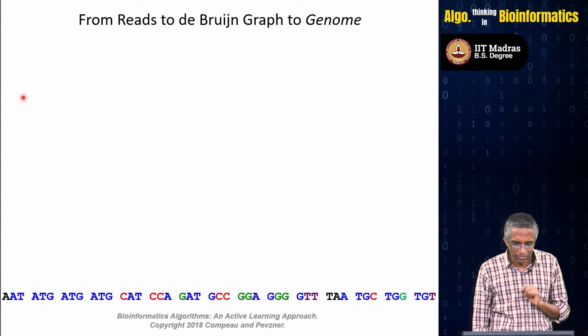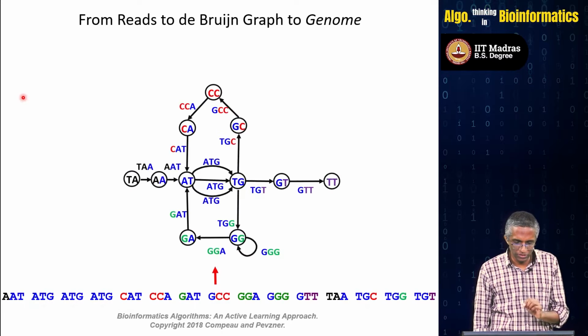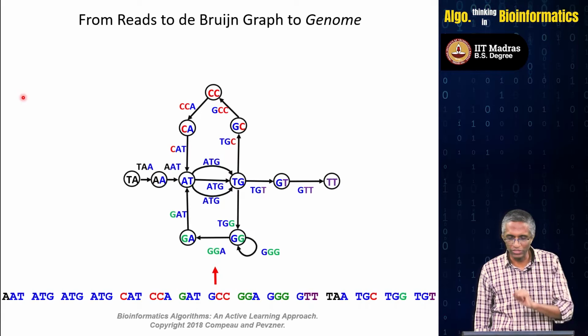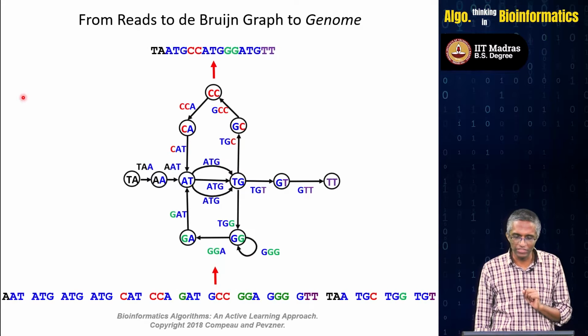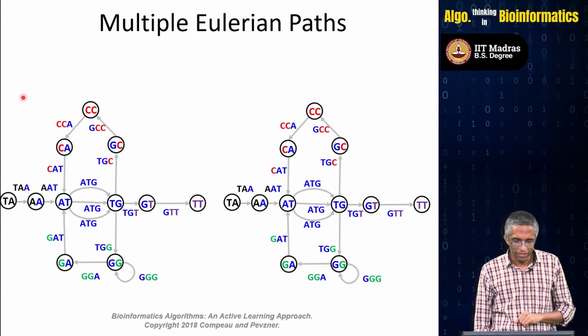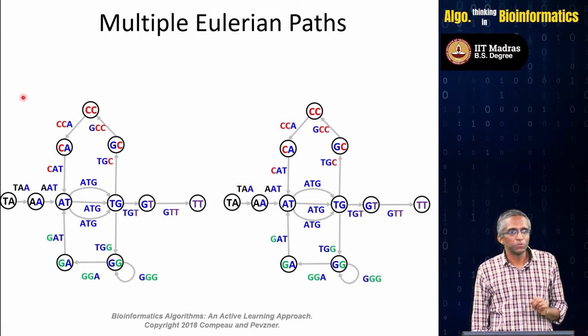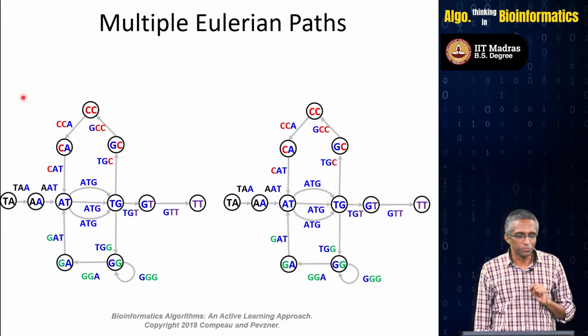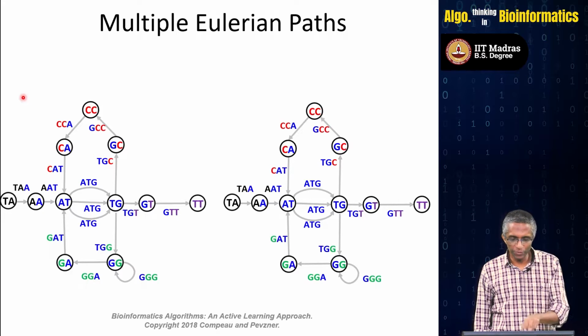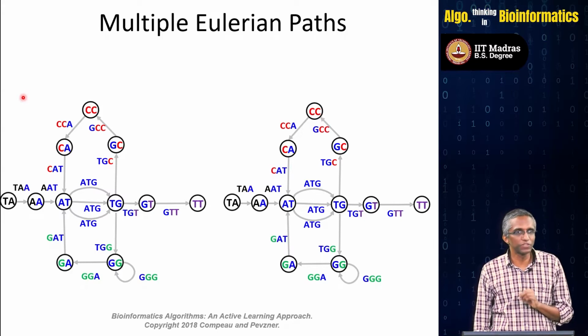Okay, the read pairs, in order to motivate it, let's just go through the summary again. From the composition, you construct the de Bruijn graph, and there you construct the Eulerian circle to get the genome. Okay, that's what our current approach is. And given a particular de Bruijn graph, like I said, there is no unique genome. And in this particular example itself, we can show two different genomes that will